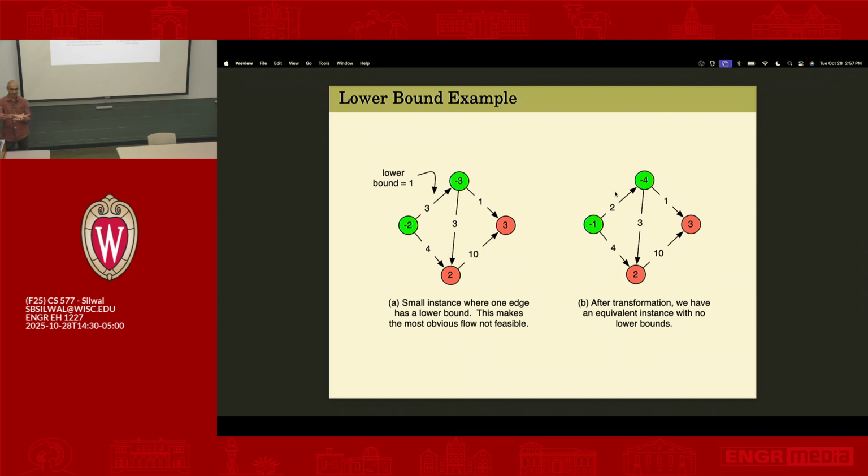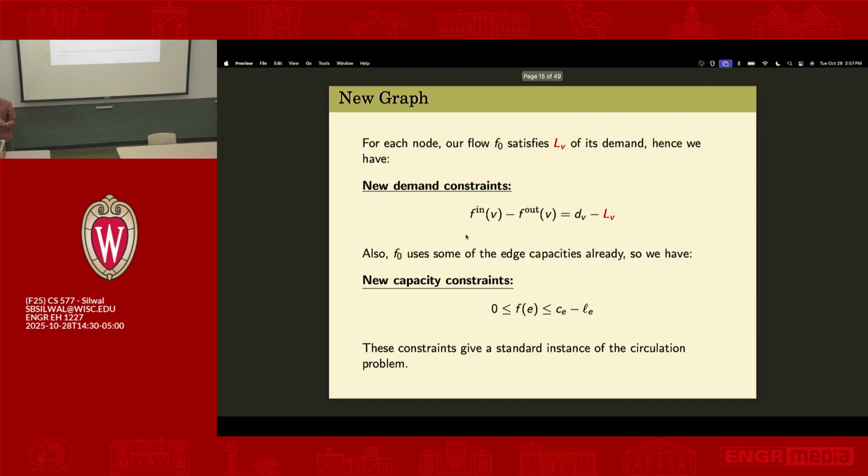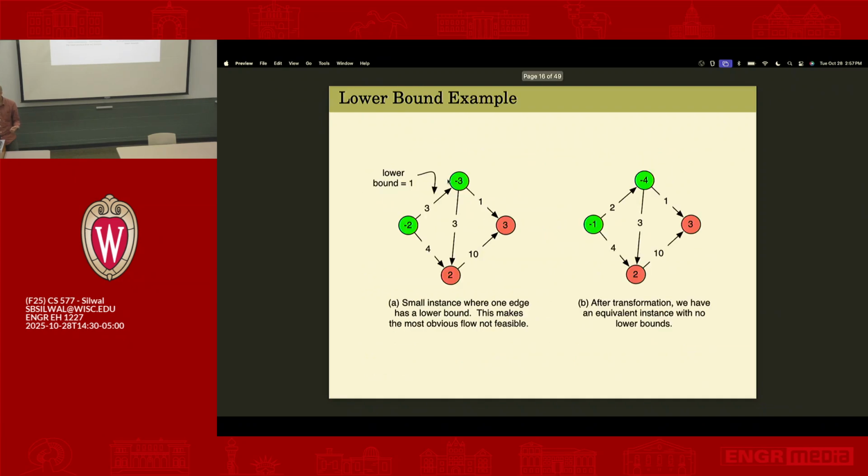at the end, I have to add that back in. If I just sneakily put 1 unit of flow here and pretend it doesn't exist, then I'm effectively getting rid of the lower bound. Previously I had to force 1 unit of things here. I already put that thing there, so I'll be happy with 0 if needed. But then the capacity changes because secretly I'm already putting 1 unit of flow there. And the demands also change, because if I put 1 unit of flow here, then this node ends up with more stuff. So the demands become a little bit different. You have to redraw the graph and redo the supply and demands,